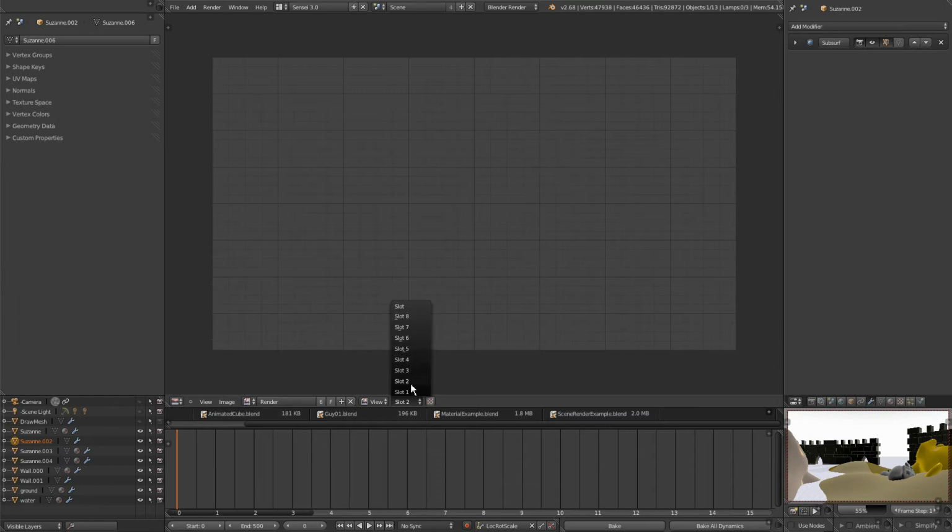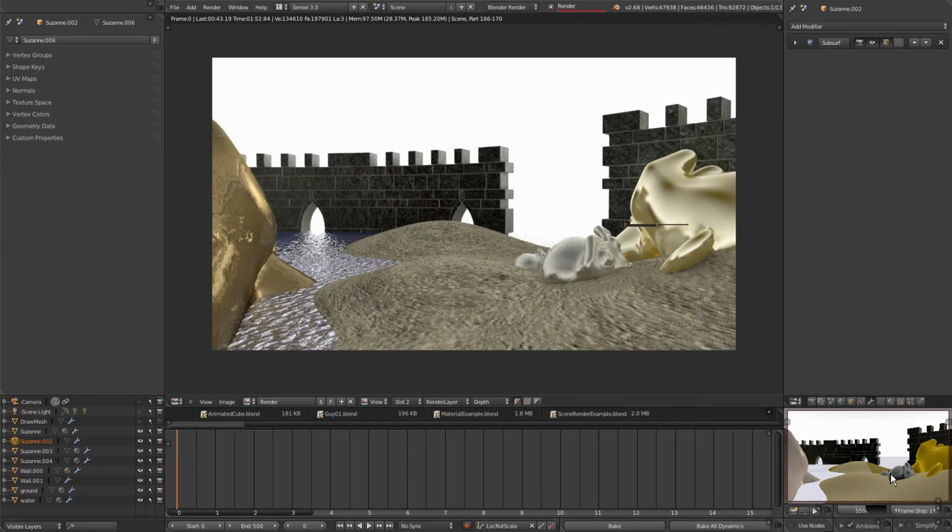So for instance, we'll click on slot 2 here, and I'll check mark ambient occlusion. So this time when we render, alright, so that's finished rendering here. Now we have 2 different slots to view 2 different renders. One is a version we did without ambient occlusion check marked, and one is a version with a check mark. So if I change the slot back to slot 1,